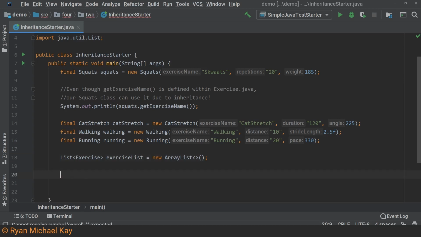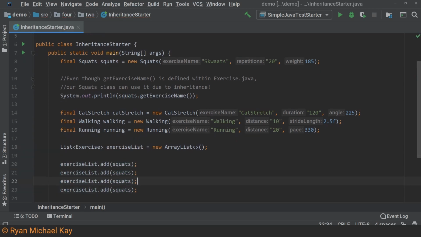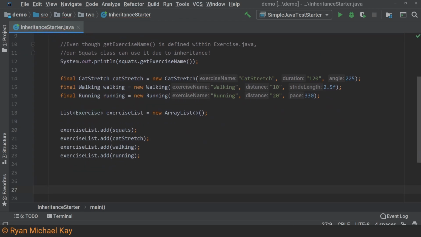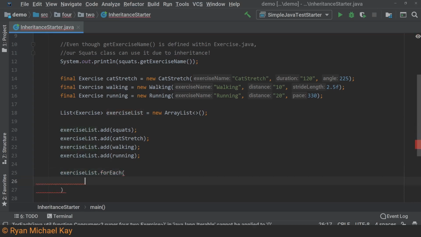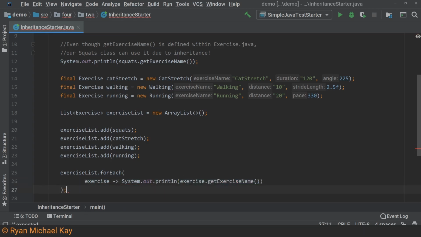Now, the real magic happens here. As you can see, even though we specify that this is a list of type exercise, every type here is a descendant. The key point is that as far as our list data structure is concerned, it does not know or care what the actual type is. Earlier I said that we should, as a general rule, reference types by their most abstract reference that still allows the program to function. Now we will print out each argument. This is a very rudimentary example, and some of you may still be unconvinced of the power of abstraction, but I am far from done.